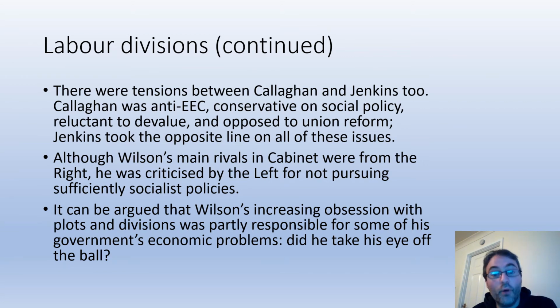Callaghan led the opposition to it. So this is a personal rivalry. It's also on issues of ideology as well. And one of the interesting things is that Callaghan, Jenkins and Brown as well are all from the right of the party, but none of them are particularly having a go at Wilson on an ideological level. With Wilson and these three, it's more about ambition, about rivalry, about power. But nevertheless, when you look at Wilson, he is getting criticism because of his policies themselves.